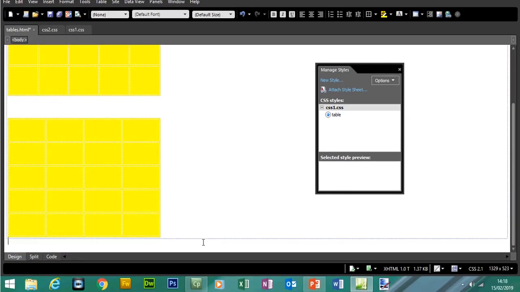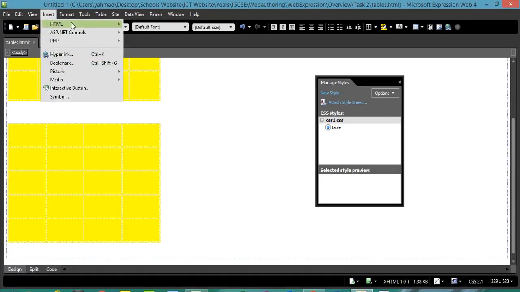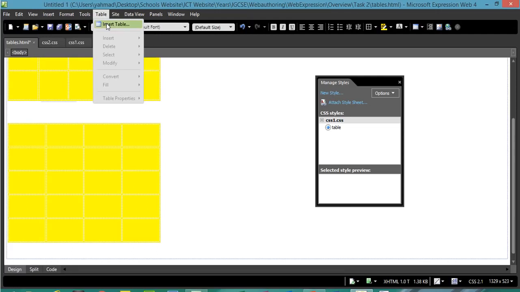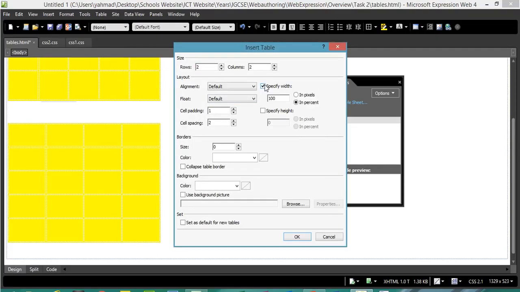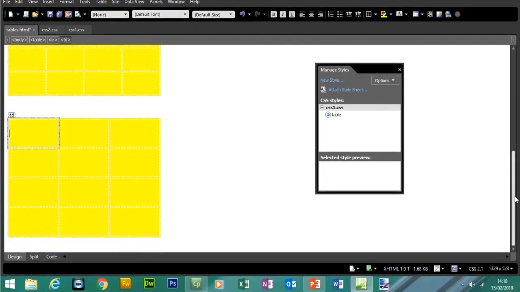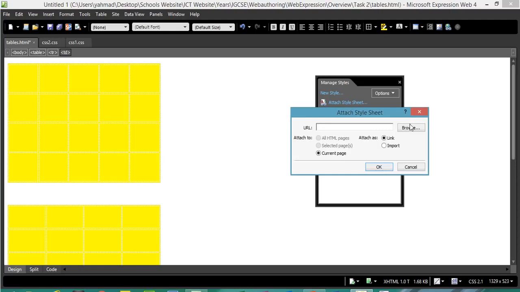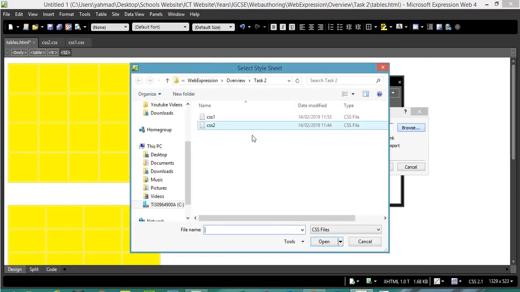If I was to insert another table, for example, insert table, I don't want to specify the size because CSS will look after that. It doesn't matter how many rows and columns we put into place, the next table will also take on the same formatting. Now if I attach the second style sheet, so if I click on here, attach style sheet, browse, and click on CSS2,